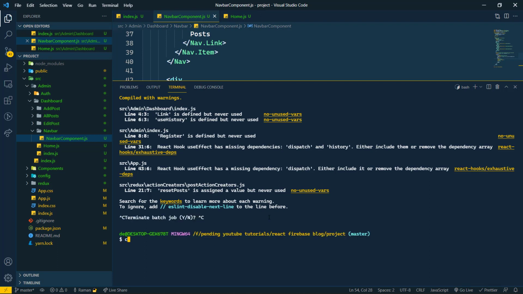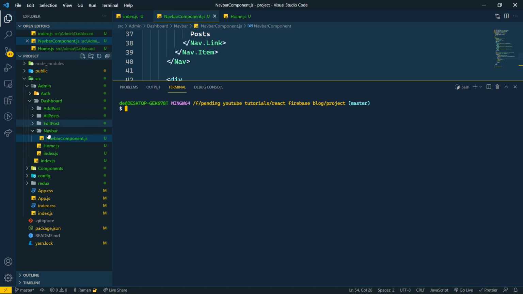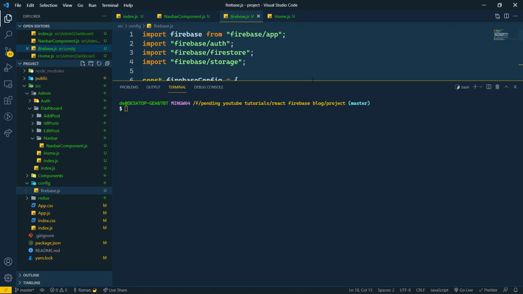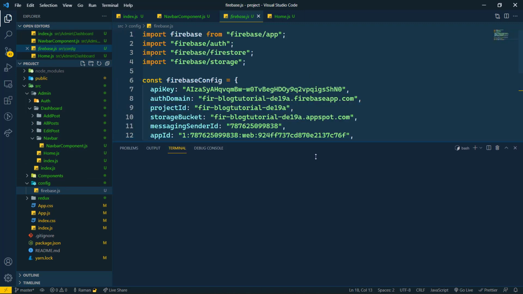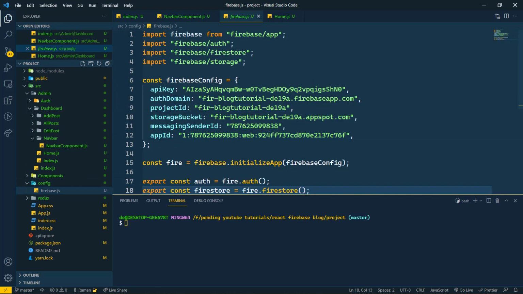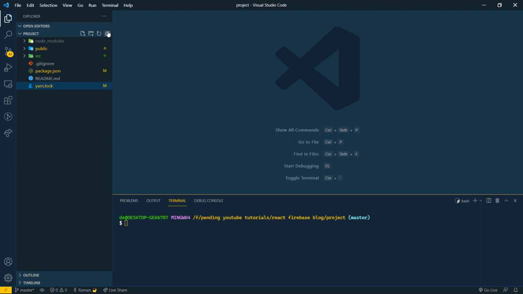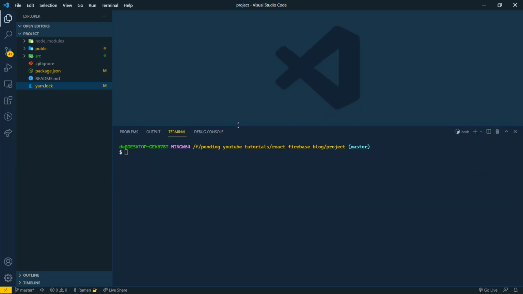Actually, we don't have any .env file, and in the config file we are hosting this Firebase here only. This is our Firebase data, the whole Firebase data is there. That's why we can host this site to Firebase, because we don't have any .env file, and we are also not using GitHub Actions.